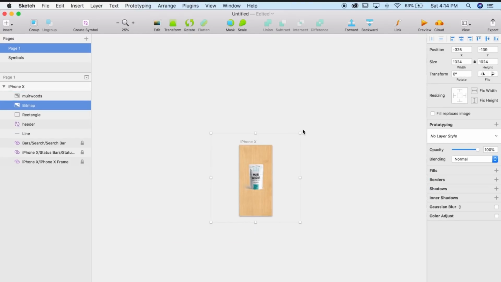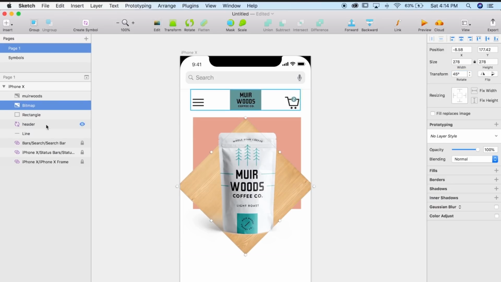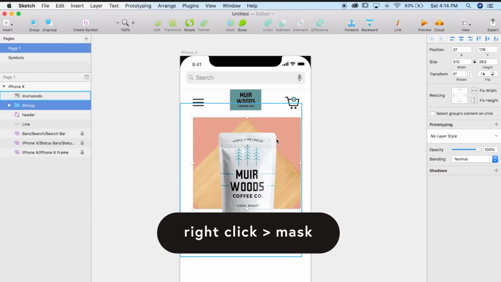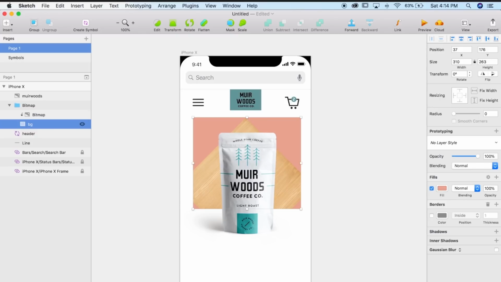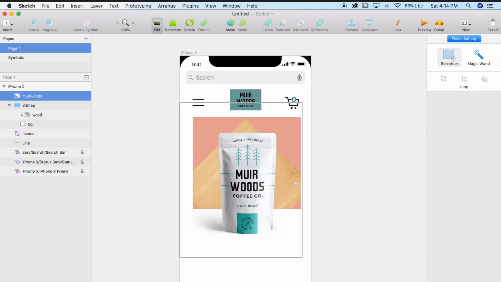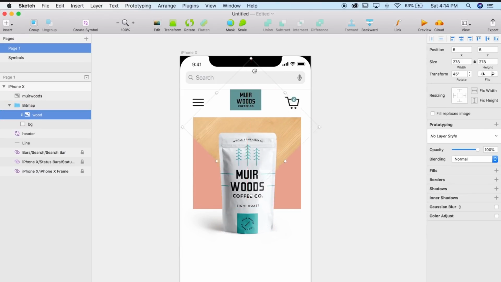It's kind of big. I'm going to shrink it down with Alt and Shift. And I'm going to rotate it to a 45-degree angle. And I'm also going to mask it within my rectangle. So now it's sort of in that. And let's just name this background. And let's just name this wood. Okay, so I have my wood texture masked in,